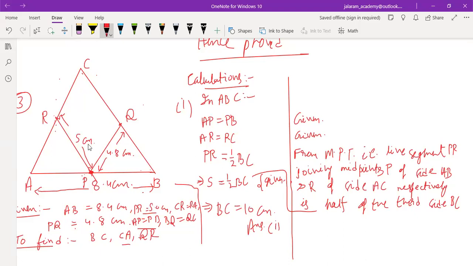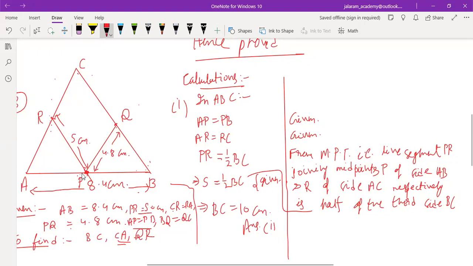And in the second part, we have to find CA. Now CA is the third side, then BA and BC are the other two sides. P is the midpoint of AB, Q is the midpoint of BC. So we will again start with using AC as the base. So the other two sides are BC and BA, and AC will become the third side. Whenever you want to use the midpoint theorem, search for that. The thing which we have to find must be taken as the third side. In this, we have to now find CA, so CA is the third side only.